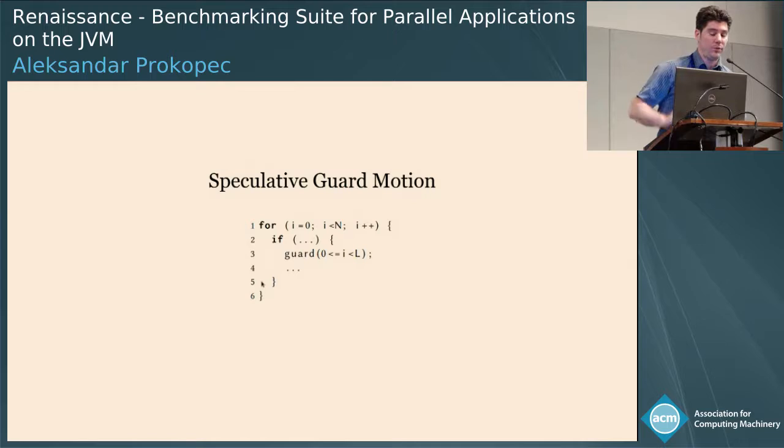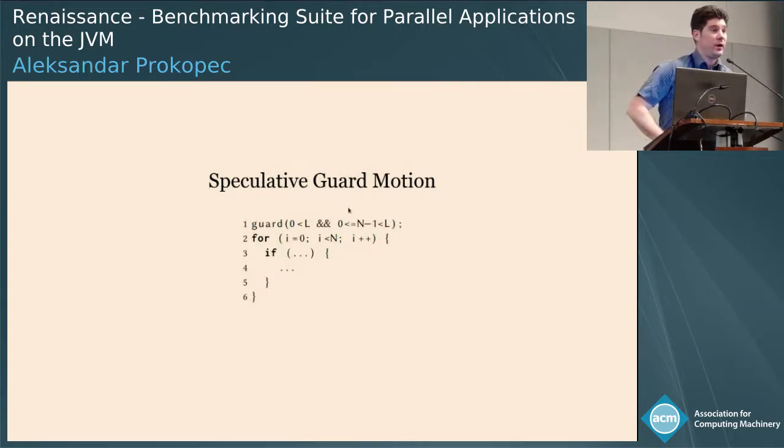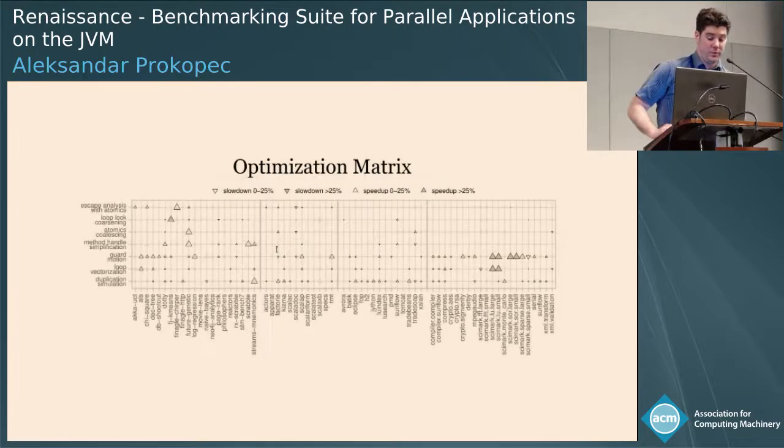Another one that we looked at was speculative guard motion. This is actually not a new optimization, but it was in Graal already. Here the point is that sometimes you have guards inside loops which don't execute in every iteration of the loop. And then you want to speculatively move them out of the loop and execute them maybe more often, and hope that they would pass anyway. But then as a result, your loop gets simpler, so maybe you manage to vectorize it later or apply some other loop optimizations to it that you otherwise wouldn't be able to.